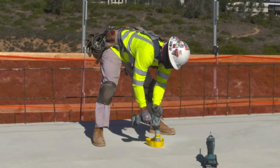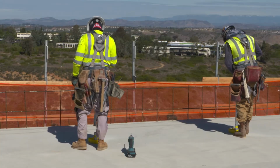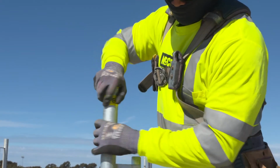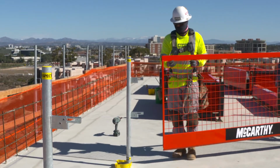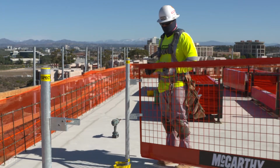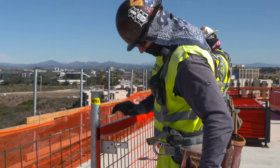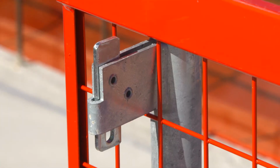Once the post foot is secured, the post can be installed. The post drops down into the socket and then is twisted until it drops into the locked position. The barrier panels McCarthy is using are the largest we offer, but as you can see, they are lightweight and easily moved into position. Once the barrier panels are placed onto the post, the gravity lock can be dropped into